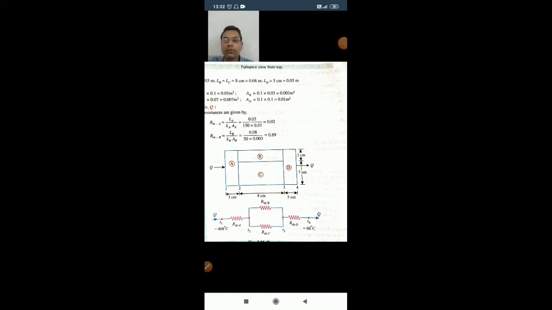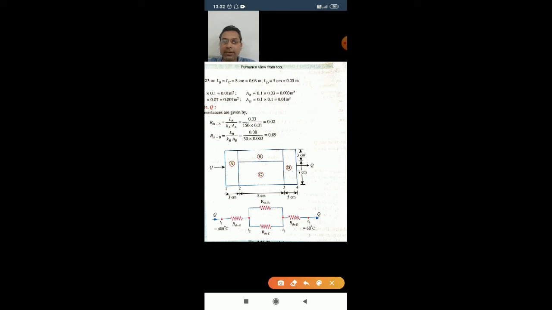Now, just look at the picture. So this is the two-dimensional drawing of the figure shown previously. You can see that the heat transfer Q is normal to the surface considered. Now coming to the main point, how the circuit diagram is drawn. Now you can see, it will give you a glimpse of how the circuit diagrams are drawn.